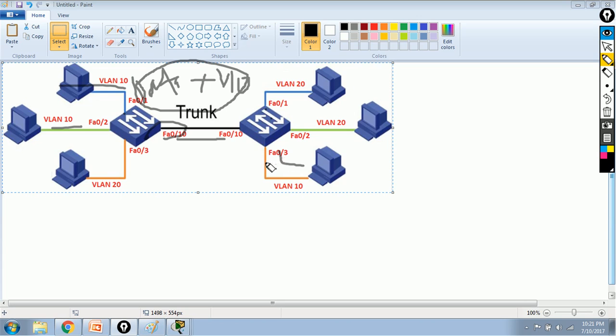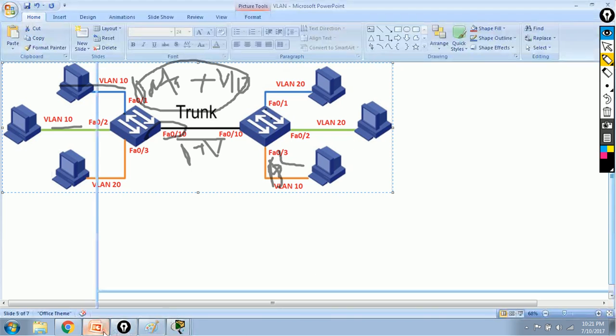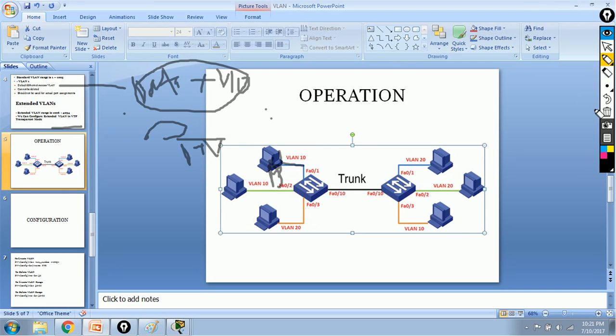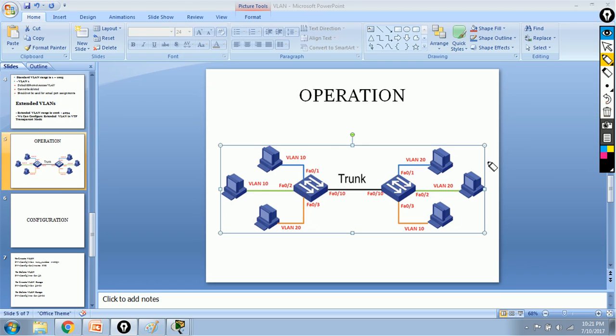They only contain the raw data. So over here you will only get data, and here you will get data plus the VLAN ID tag. So this is how it operates, and we'll see VLAN extensively in the next session,